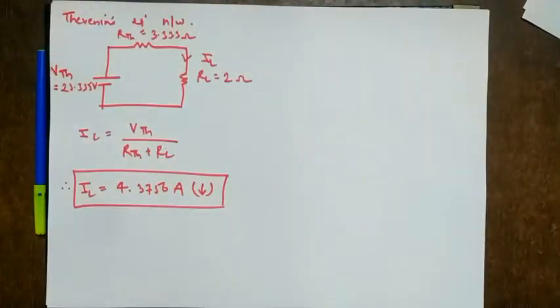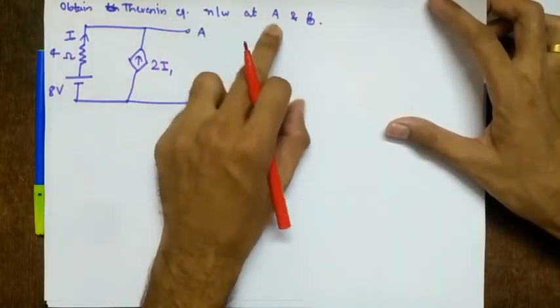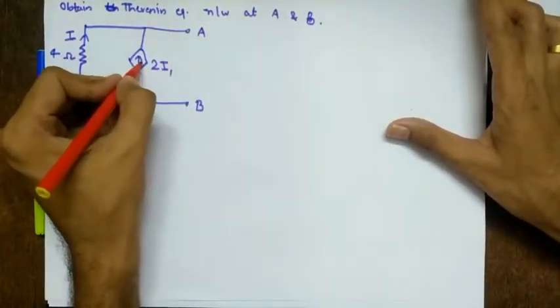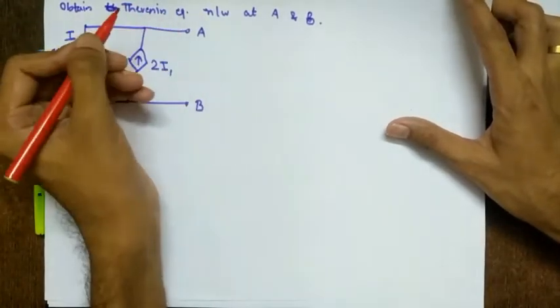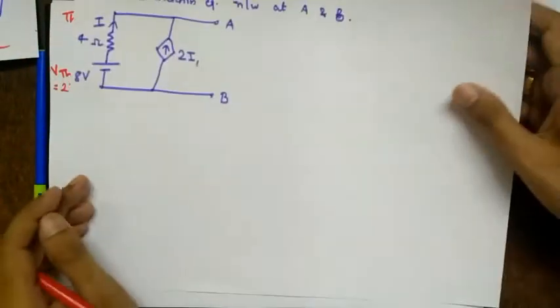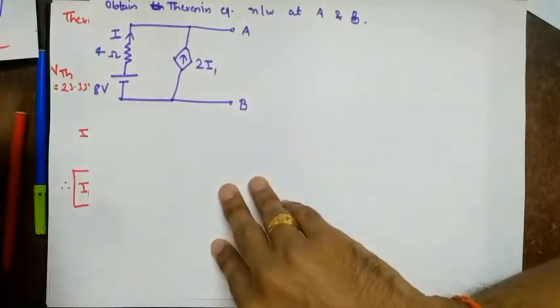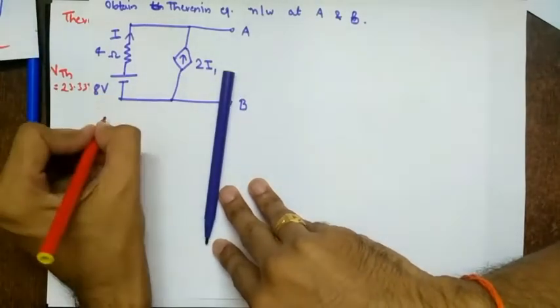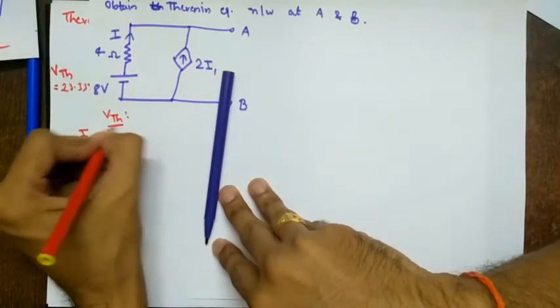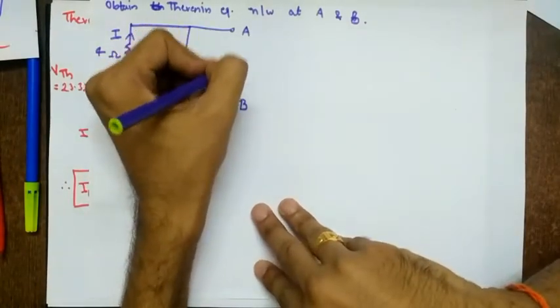Okay. So let's use dependent sources now. So obtain Thevenin's equivalent network at A and B. So what is the difference here? There is a dependent source and we don't have to find current or voltage. We have to find what? Thevenin's equivalent source network. So means we have to just draw this network and stop between A and B. Instead of RL, we have open circuit A and B. So let's solve this. So first is what? Again VTH. So VTH, we remove the load, there is no load here, it is already open, so we'll find VTH here.